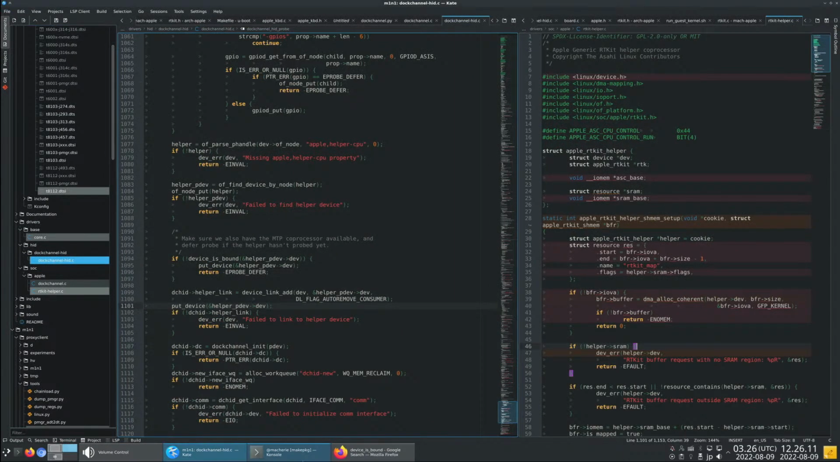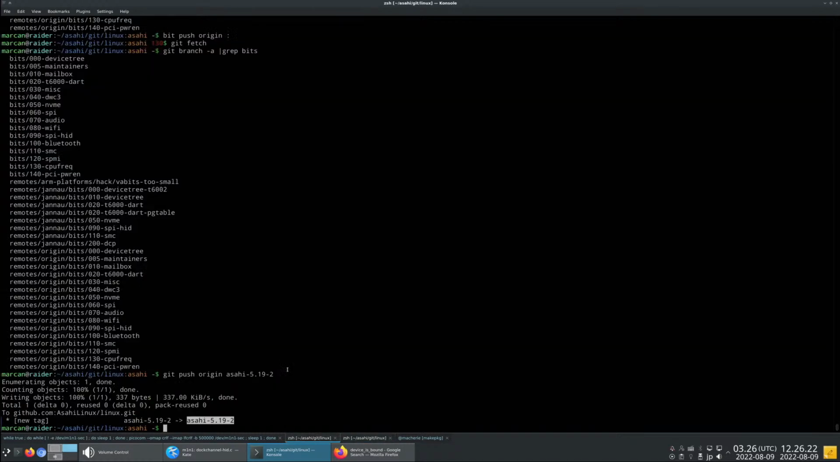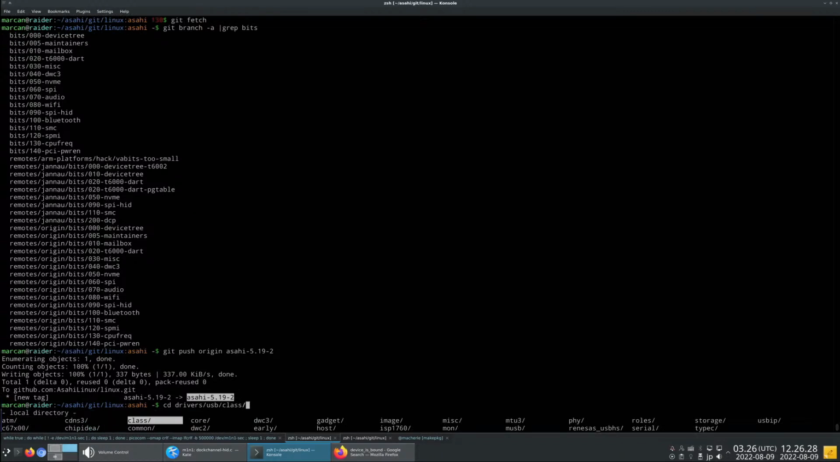So let me find the actual problem. And I really hope this still happens with builds done on my host here, because if it doesn't, it's going to really suck. Also, same with the hypervisor. If it doesn't happen in the hypervisor, it's going to really suck. Drivers, TTY, actually drivers, USB. So the class,